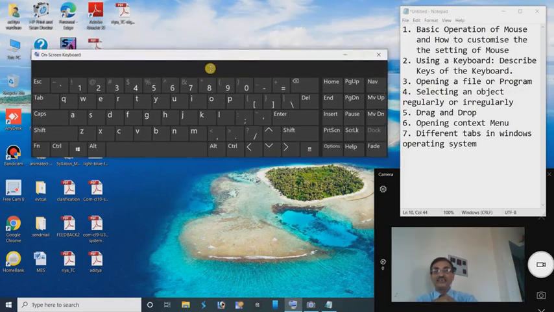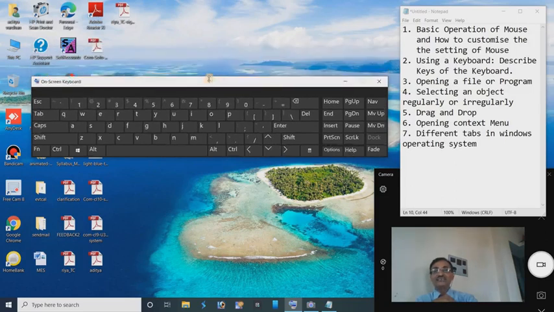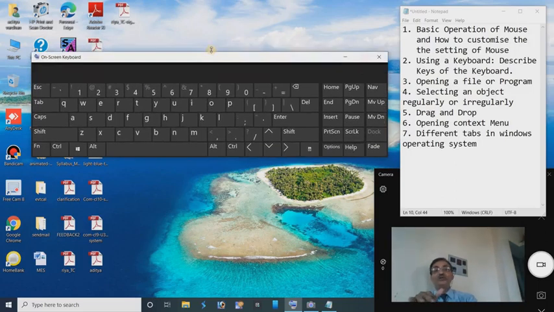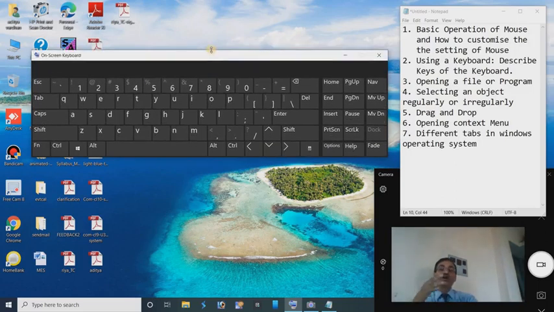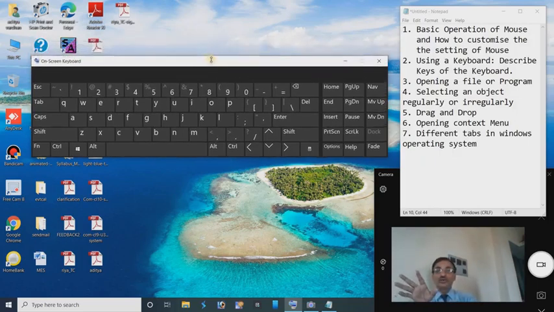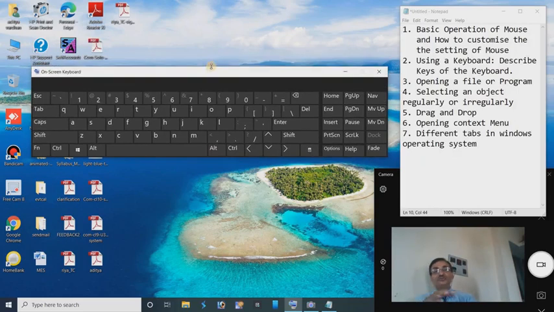This is the outer direction, this is the inner direction. This is inside of the window, this is outside. When we move the pointer to the outside of the window, the size of the window is automatically expanded. But when you move the pointer toward the inner side, it will be automatically reduced.